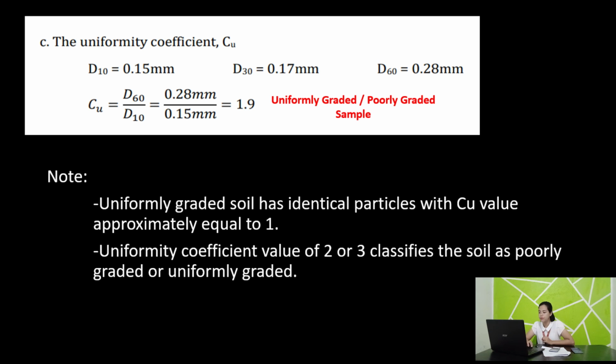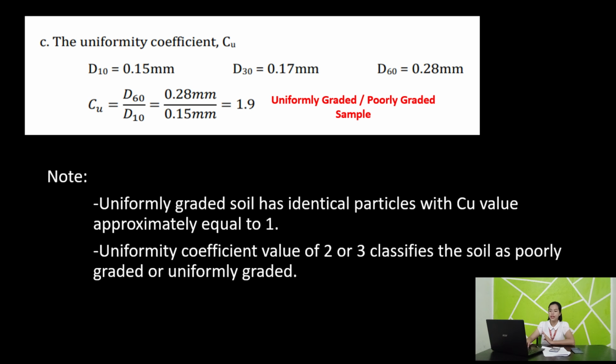So if the answer for the uniformity coefficient is 2 to 3, it is poorly or uniformly graded, meaning the particles are the same size. Therefore, since the answer to our problem is 1.9, it belongs to uniformly graded